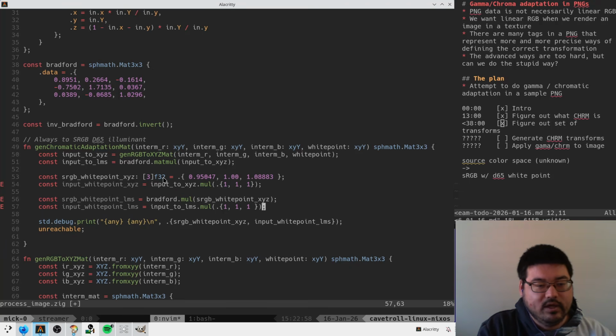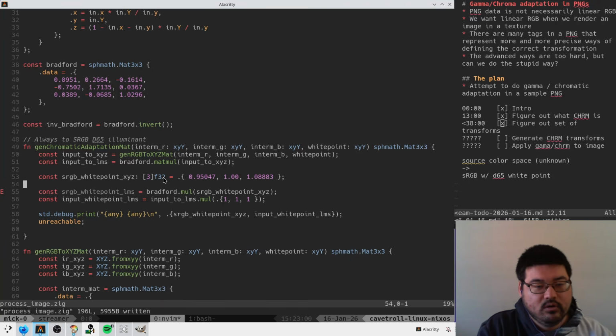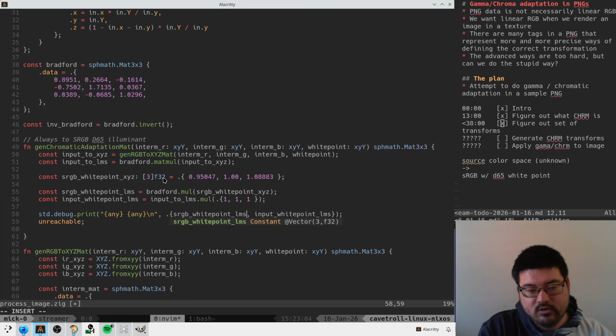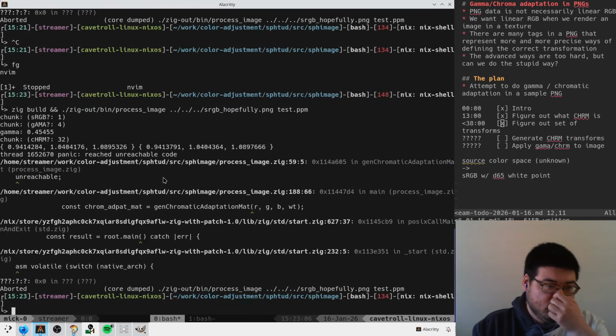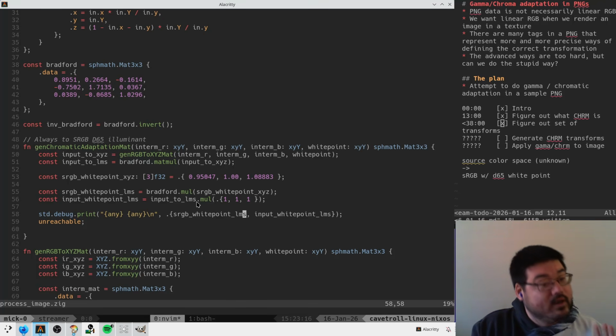Input. Yes. And this should be LMS both. Okay. So these are, in fact, the same number. They're like close, right? They're almost exactly the same. Okay, cool. So now we just make our scale matrix,